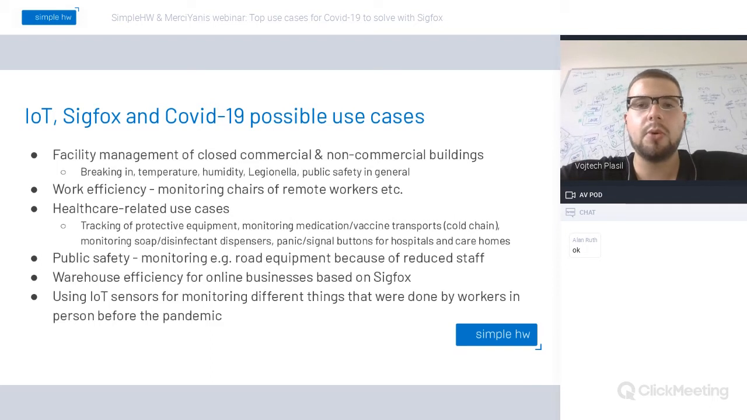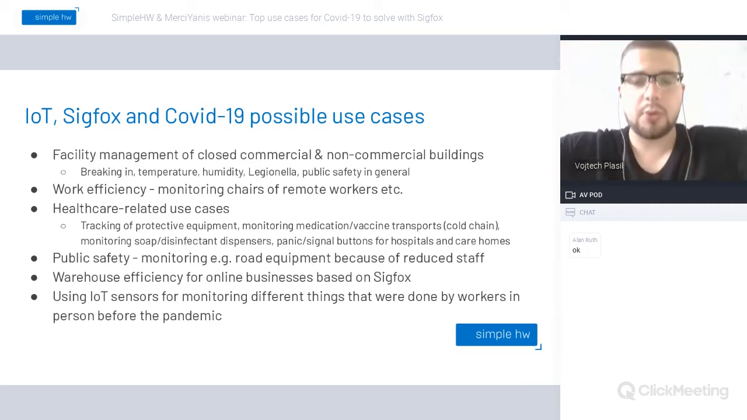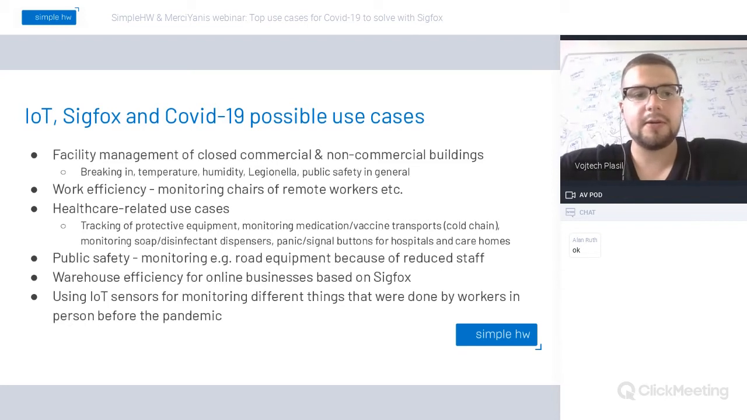This is mostly about monitoring the presence of employees. Of course, monitoring usage of doors that Jordan will talk about comes into mind, stuff like that. A major and a very important point is